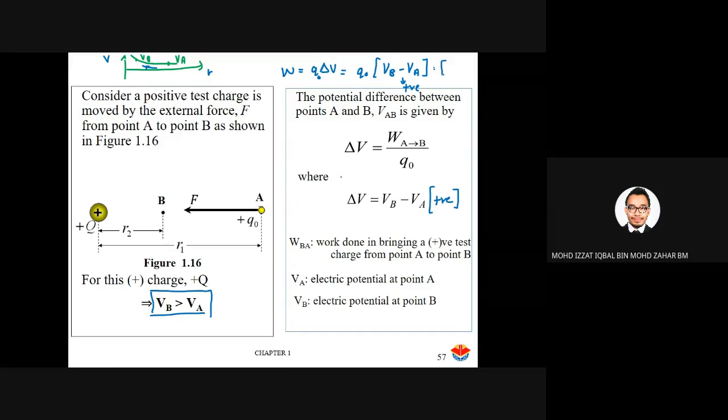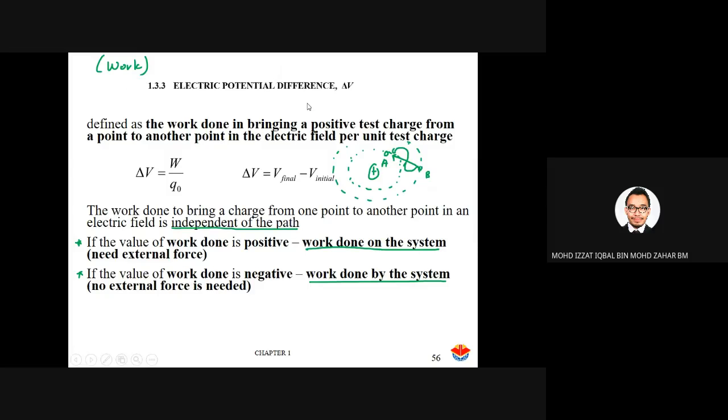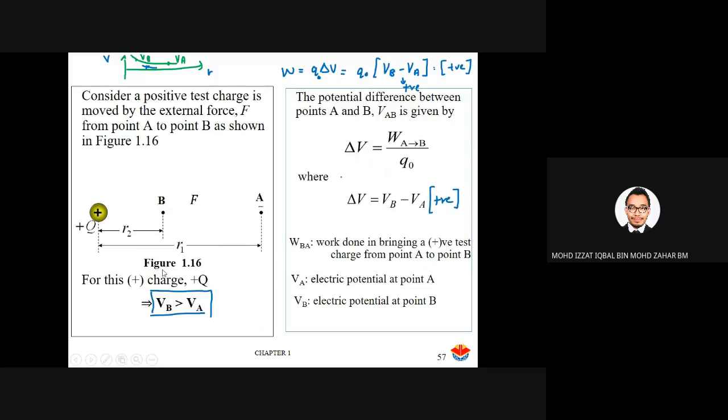So here they already said that it needs external force. So it makes sense. Positive means work done on the system. If we go back, positive is work done on the system. Need external force. So it makes sense. This part actually explains what is above, but I don't know why they bother to explain it this way. Anyway,